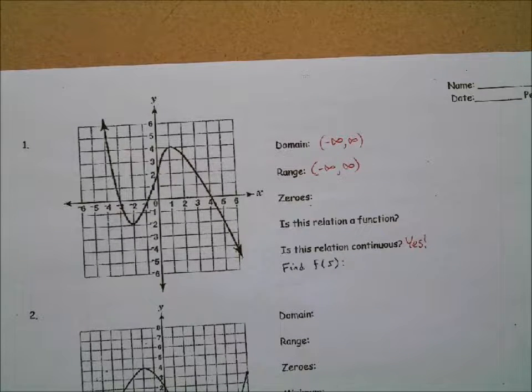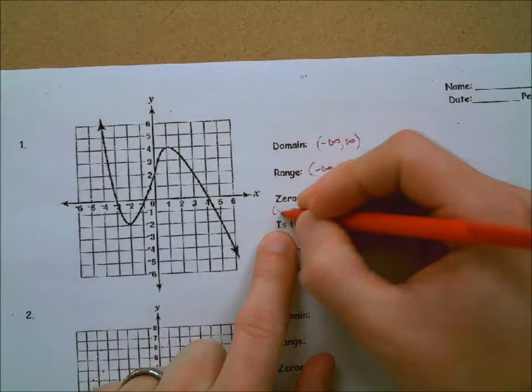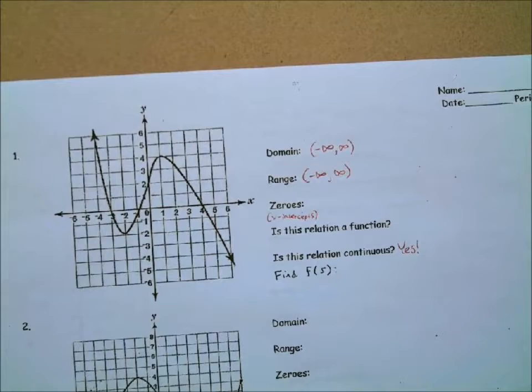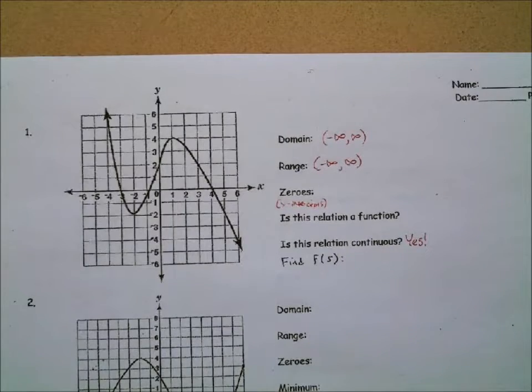Anyway, moving on here. Zeros. Another way to think about a zero is x-intercepts. X-intercepts only. Do you guys know what an x-intercept is? Okay, well, let's try and break it down here. An x-intercept is where the graph intercepts or intersects the x-axis. Does our graph intersect the x-axis?